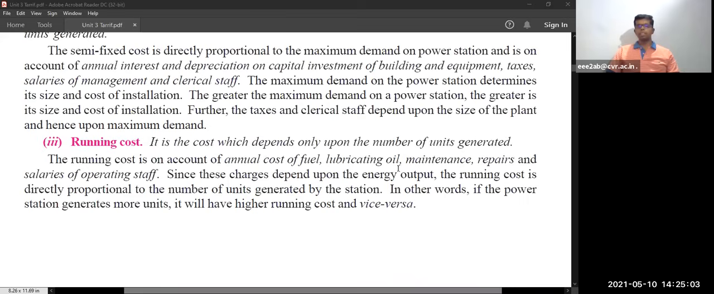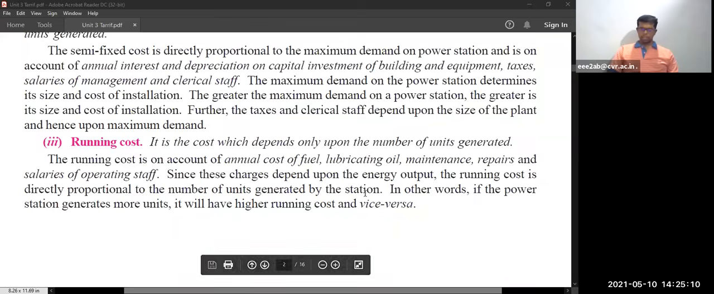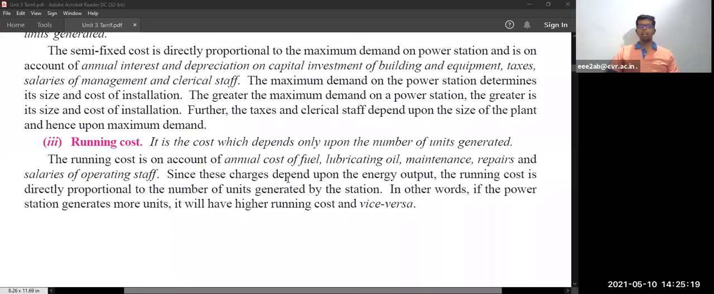So these charges depend on the energy output. Running cost is directly proportional to the number of units generated by the station. In other words, if the power station generates more units, it will have a higher running cost, and